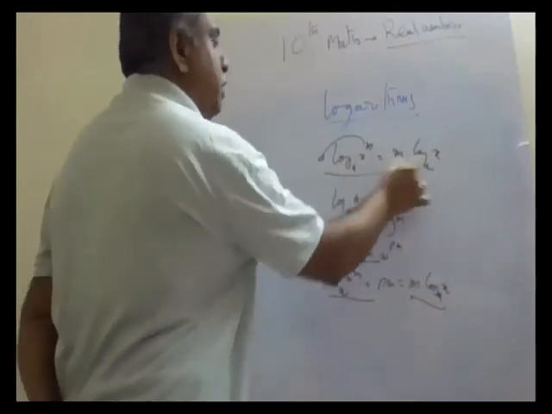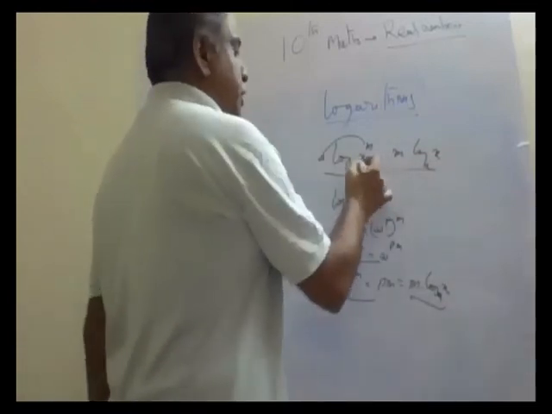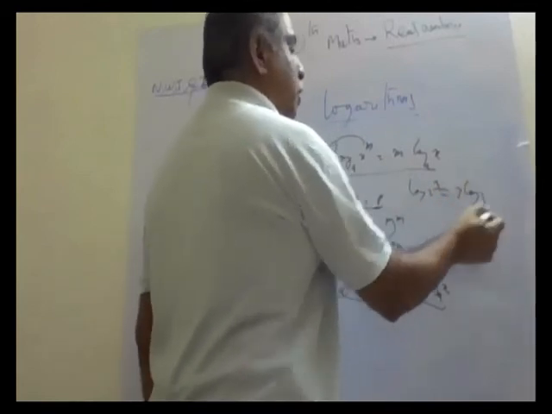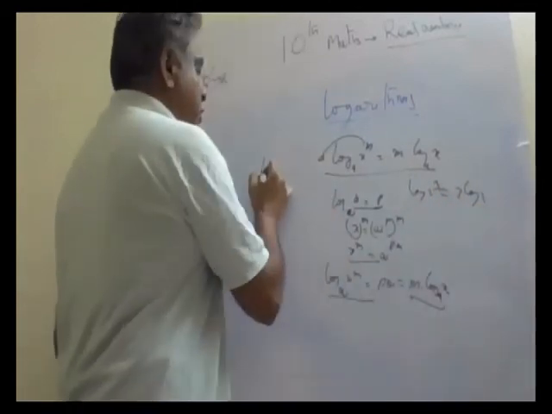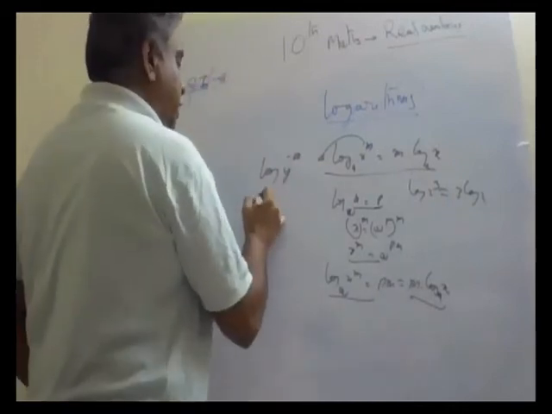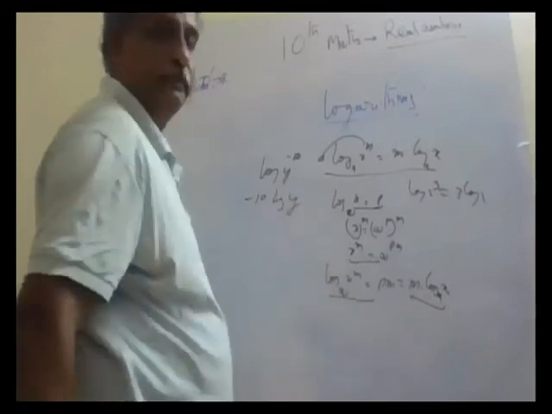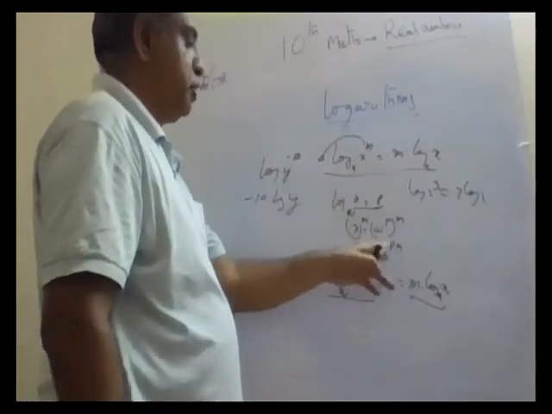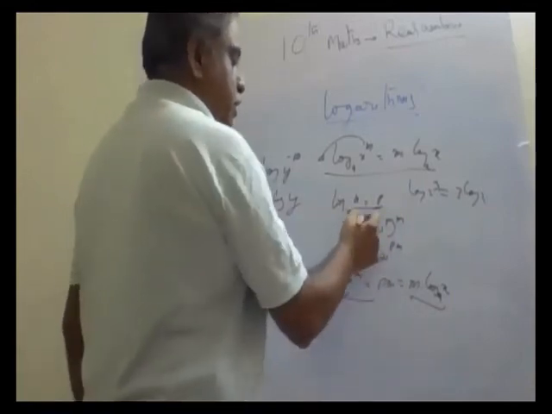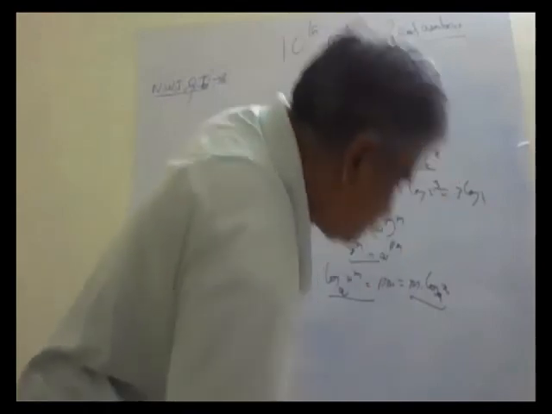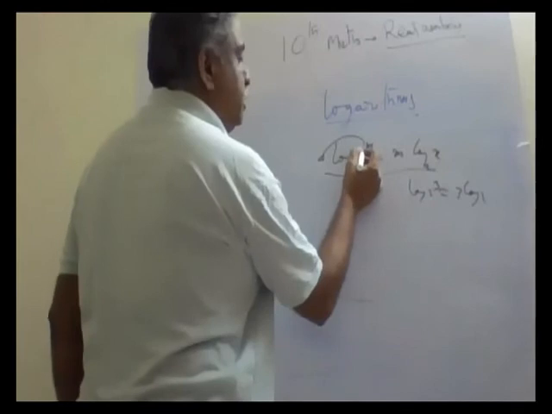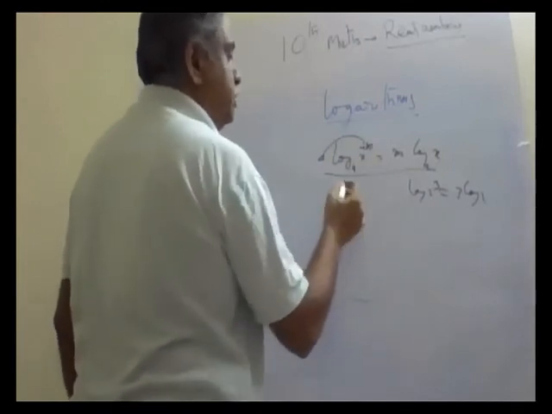This is our formula. So whenever you say log of 2 cubed, then it automatically becomes 3 log 2. When you say log of y to the power of minus 10, it will automatically become minus 10 log y. So the exponents, when we make them the power, it will be the same. But instead, I write here log of x to the power of minus m. Let us see what it becomes.